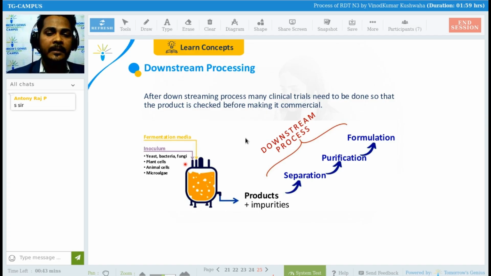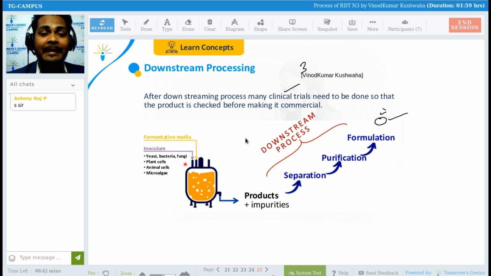Now after the downstream processing, there are many clinical trials. Once you have made the product, once your new tablet or new vaccine is ready, you cannot launch it in the market. You need to do a clinical trial. You know how much time is required for a clinical trial? Near about 7 years. Initially 3 years, then 3 years, and then 2 years. And then your product will get approval from